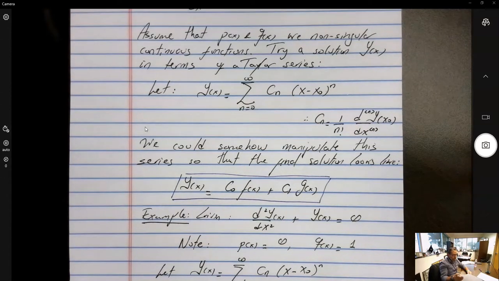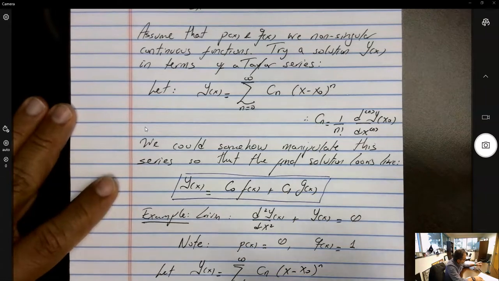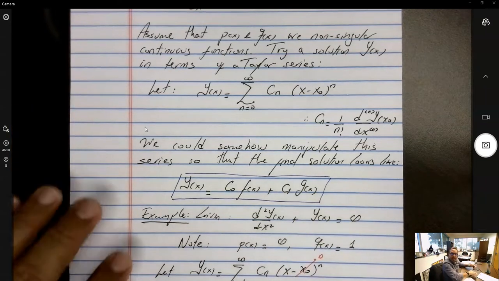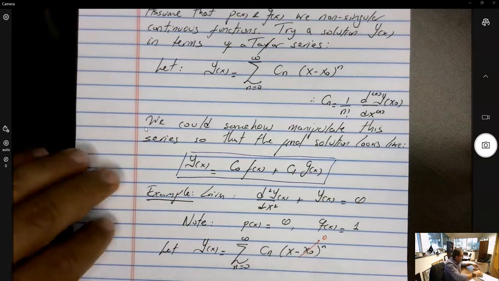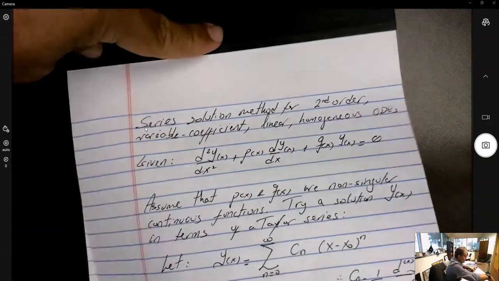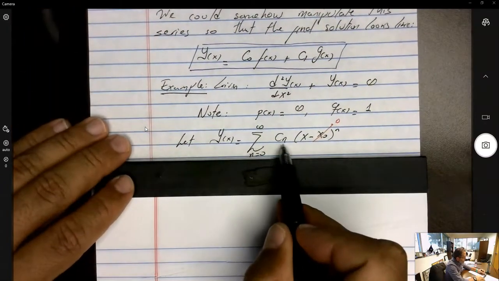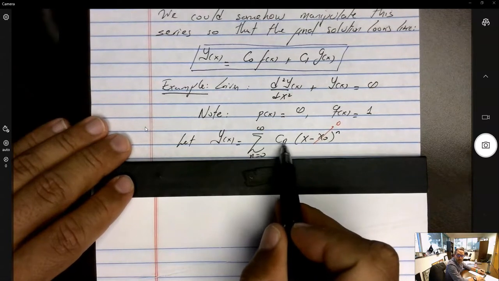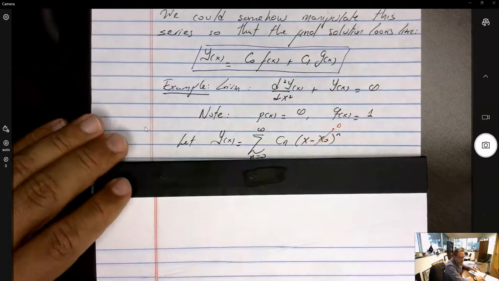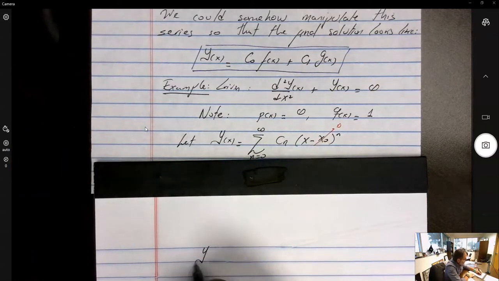And I would say, let's just keep it x0 and c0, but actually for simplicity, I'm going to make the expansion point equal to 0. Okay, I'm going to arbitrarily decide that that's the case. So if that's the case, and I want to try to find the Cn coefficients, at least infinite of them, except the C0 and the C1. So I'm going to say if y(x) is equal to the summation from n equals 0 to infinity of Cn times x to the n,